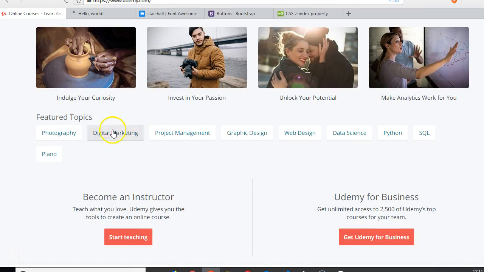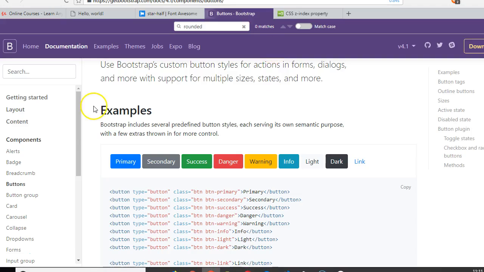Alright guys, let us create the featured topic section with 1, 2, 3, 4, 5, 6, 7, 8, 9 buttons. So the way to do that is to go to Bootstrap, click on components, click on buttons, and the most likely button that looks like here is the light button. Look at it here. So we're going to copy the class. So that is all we need to copy the class. Alright, then